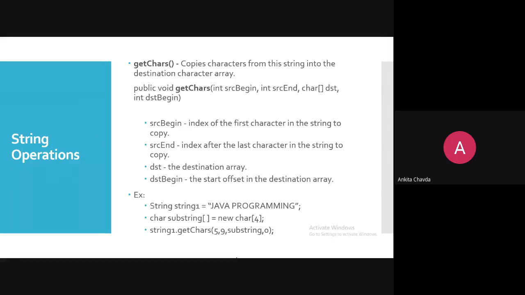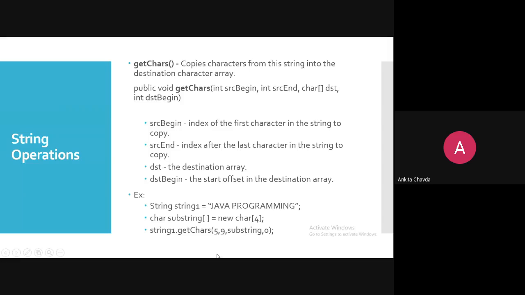Just remember this thing, starting and ending I'm giving. You need to fetch the characters between 5th index to 9th index. So 5 to 9. And it will be stored in character array which is named as substring. And here you need to provide it from 0th index. So from the 0th index, you will start to store your fetched characters.